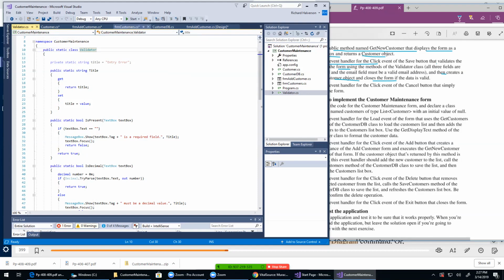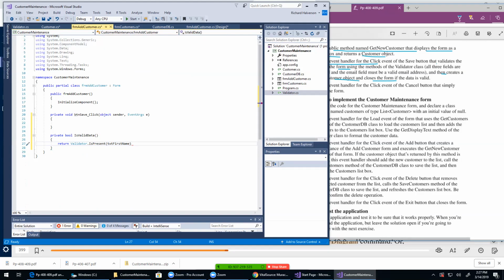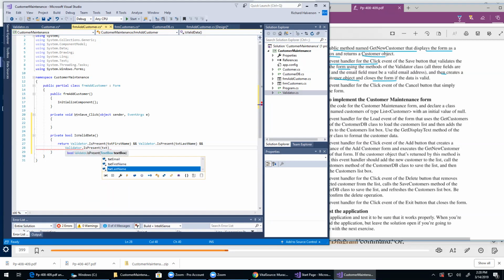And so if we go back to here, this checks to see if the first name text box has got something in it, and then we want to also make sure that the last name has got something in it, is present, txt last name, and we want to make sure that email validator dot is present, txt email,